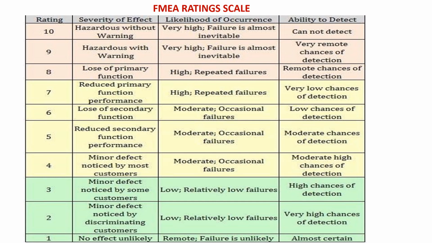Similarly, for the detectability index, a rating of 10 indicates that the failure mode is not likely to be detected. We don't have process controls to detect the failure. And as we go down, the number 1 indicates that it is almost certain to be able to detect the